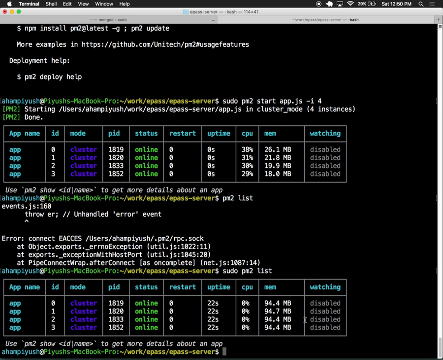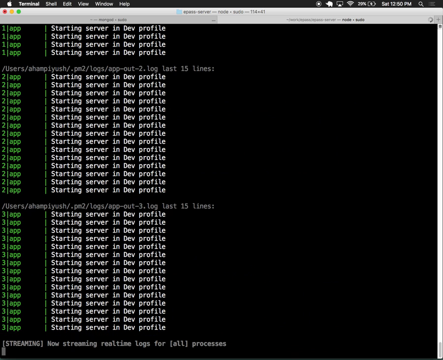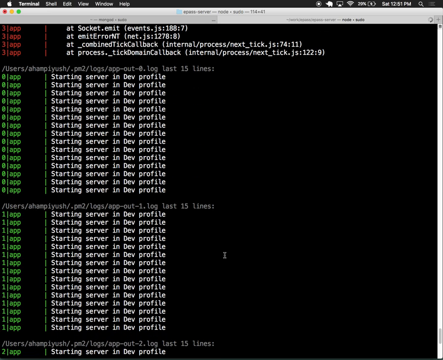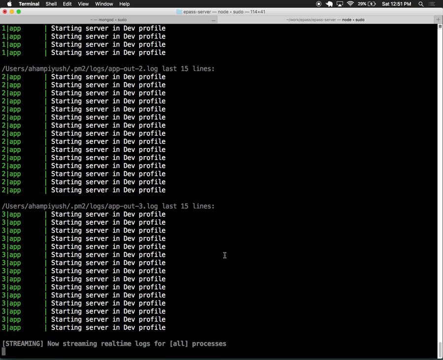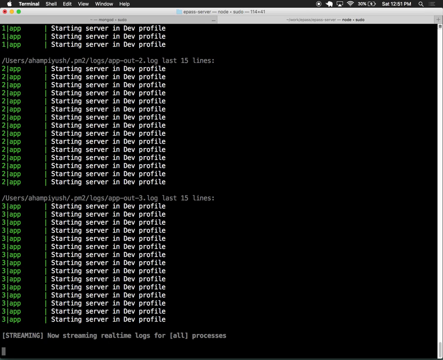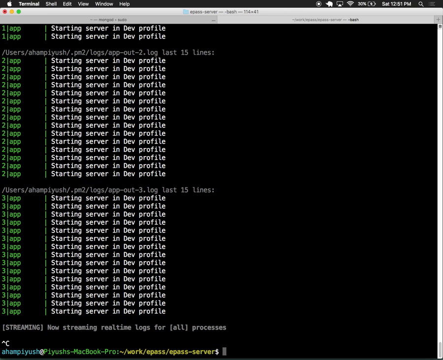And it also shows you the logs if they are printing them. Each process has its own log. Okay, so this is 0, 1, 2, 3, 4. What is being output is the tail of all those 4 logs, 4 different files, and it prints them. Now for streaming, I'd like to quit it.